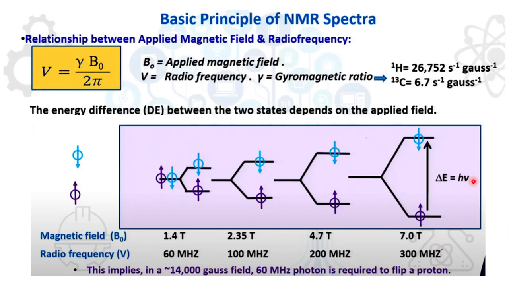So this h nu, or the energy gap between the two, will be equivalent to the external radio frequency radiation. In that way we will excite this ground state to this excited state. So first you split into two states by providing an external magnetic field. Then you match the energy gap by providing radio frequency. So this is the basic of NMR. Now depending on the splitting,